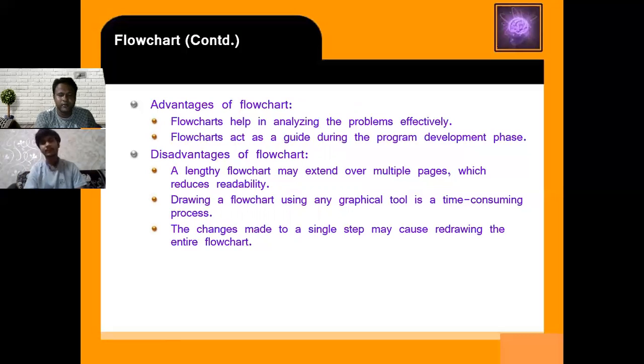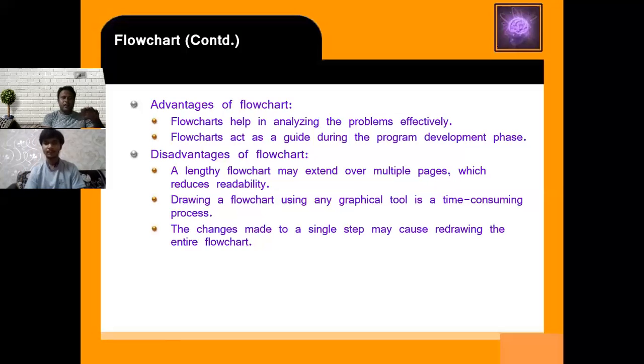There are disadvantages also. A lengthy flowchart may extend over multiple pages, which reduces the readability. If you write everything on one page, it is better to understand.